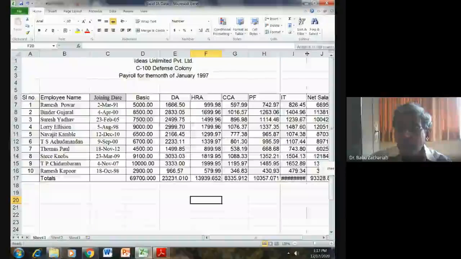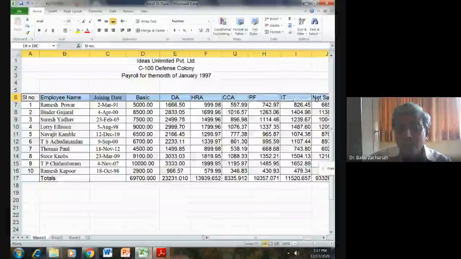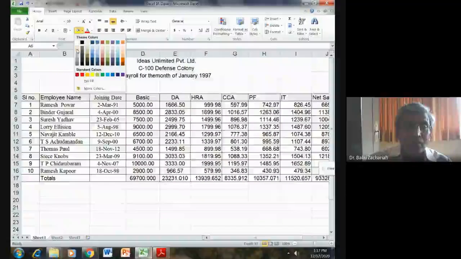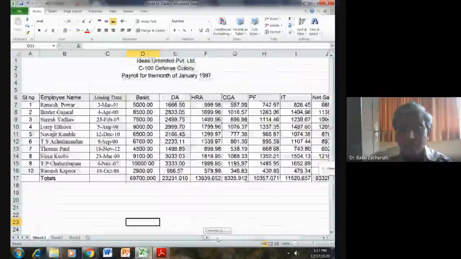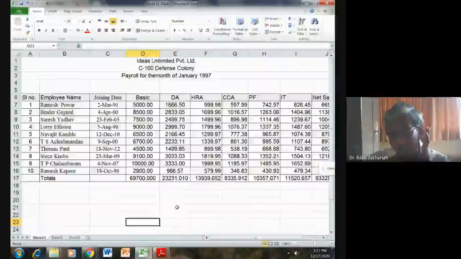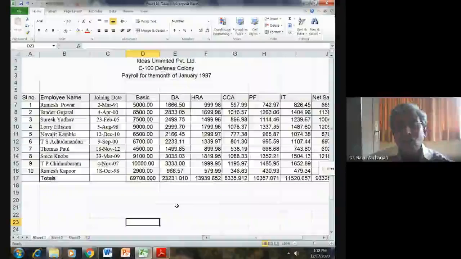Here also, we can increase it a little bit. So now we have got the salaries of all. Even formatting also we can do. Select this one and then color we can choose appropriate one. So this also completes. So everybody's salary is there and the total salary also is done. So this completes exercise 1 of